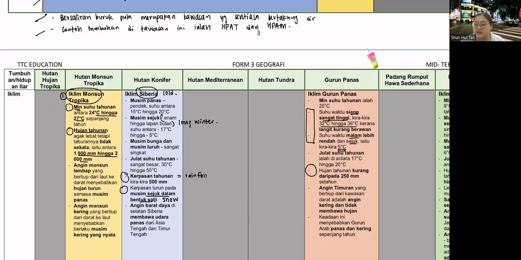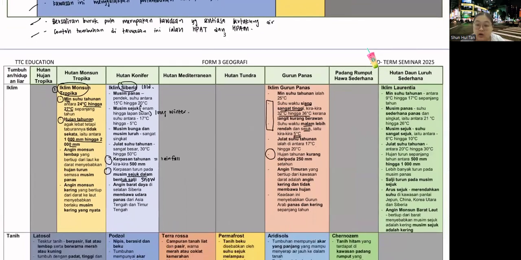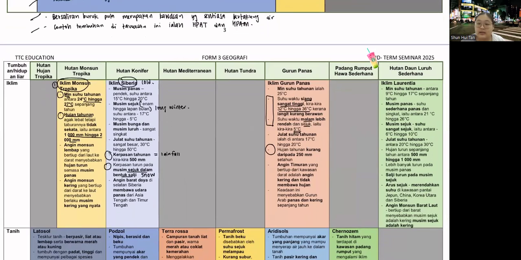Why are the animals not active? Because it is very hot. All right. And then the last will be what? Laurentia. Laurentia, right, normally will affect